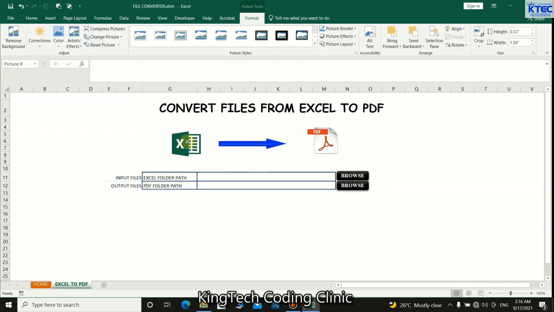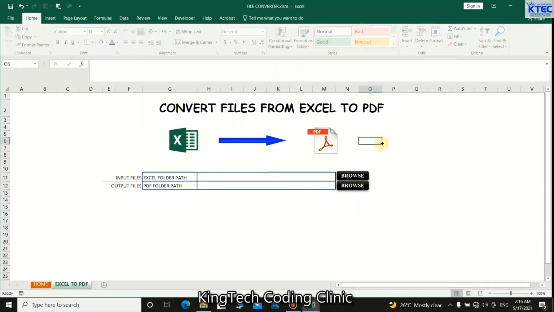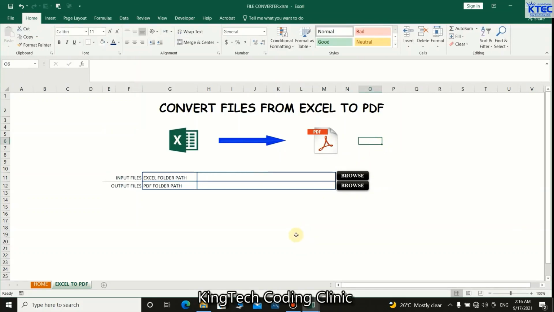Perfect. This looks okay. So now this shows that we are converting from Excel to PDF. Perfect. And this looks okay perfectly. So Control S to save work always. Now the next thing we're going to look at is just the button here, which is going to hold our